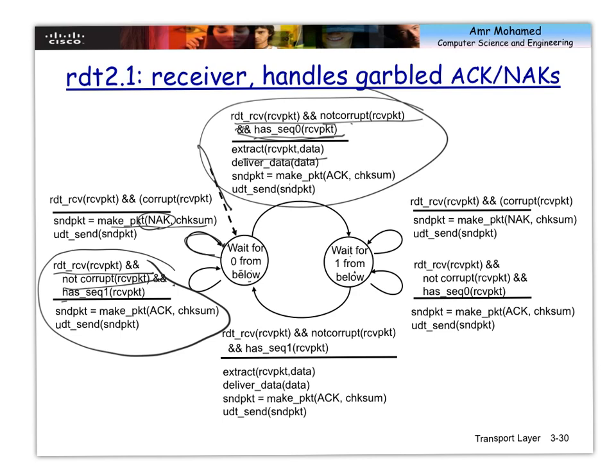When I receive packet 0, then and only then I can go to this state and take packet 1. So here is the discrepancy. While I'm waiting for packet 0, you cannot send me packet 1. While I'm waiting for packet 1, you cannot send me packet 0. That's why I have 2 states. So there are 4 states in the sender and 2 states in the receiver. Until now, the assumption is that the channel cannot lose anything, it can only introduce errors.